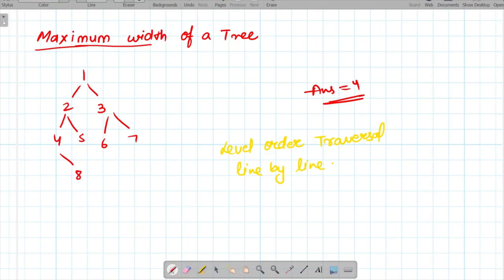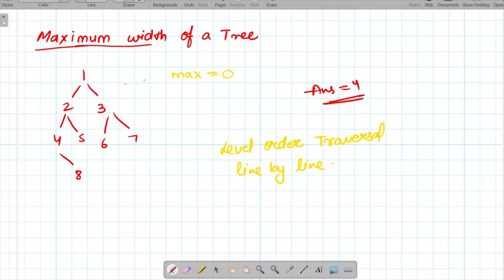Whenever we are storing the nodes of a particular level in our queue, we will calculate the size of the queue at that point of time, and compare it with our maximum value. For example, initially we will have our maximum variable with the value int min or 0, you can keep anything.